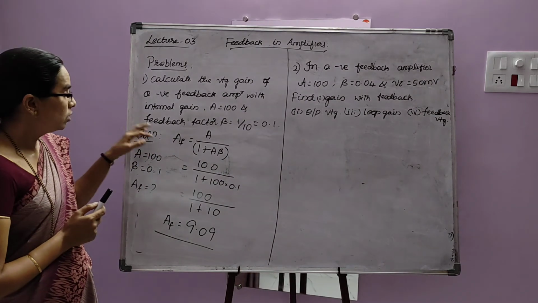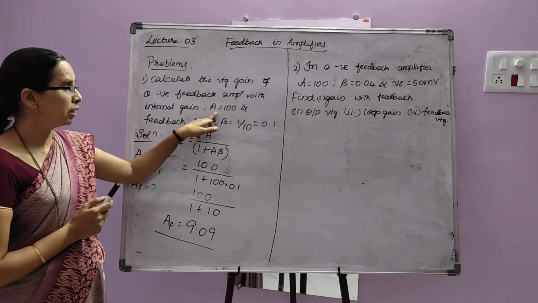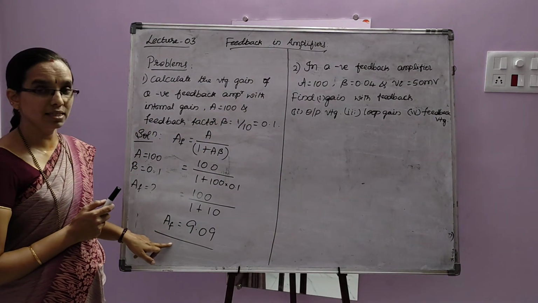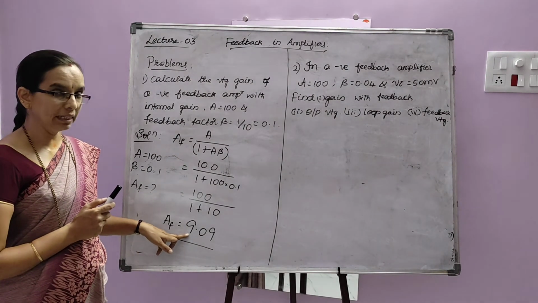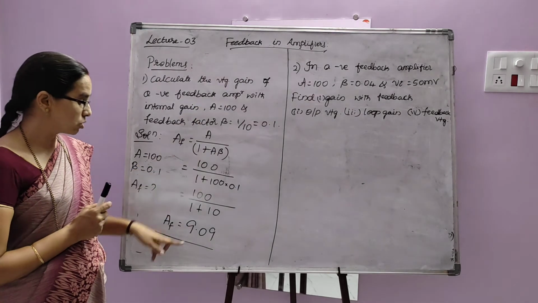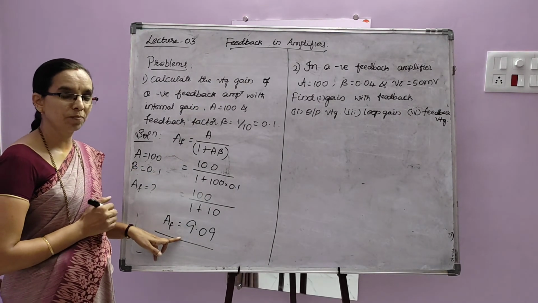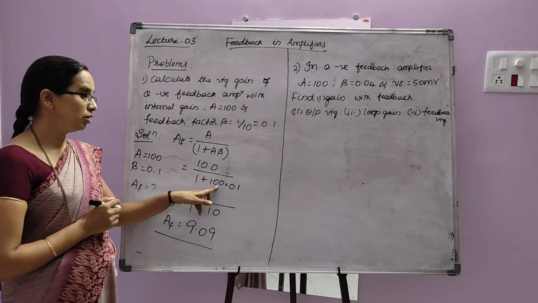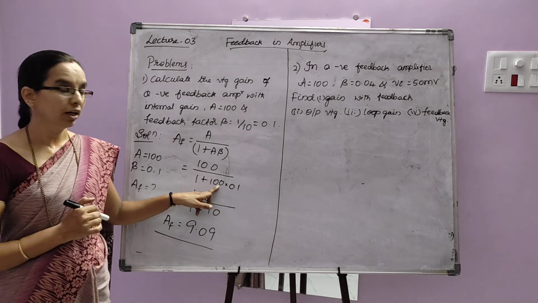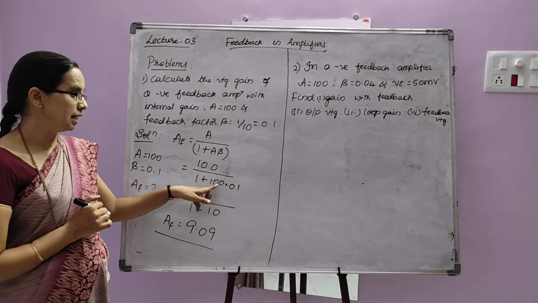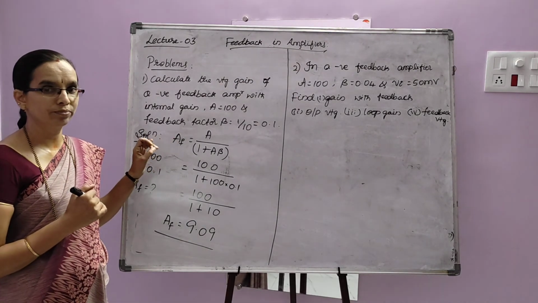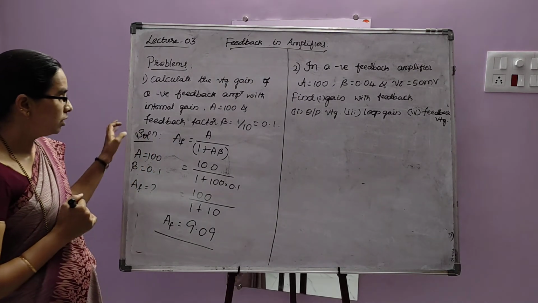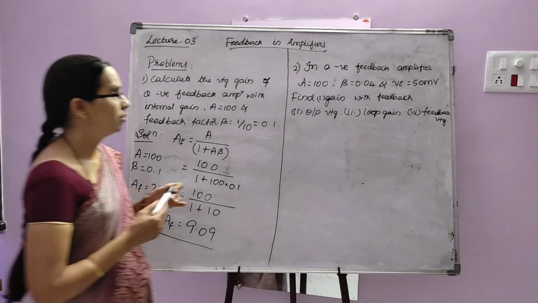Okay. So when we have an open loop gain of 100, just see the closed loop gain, our feedback gain is approximately 10. That means it is reduced this much. So that depends on the feedback fraction. If feedback fraction is still less, then AF will be a little more. Okay. So this is how you can relate.